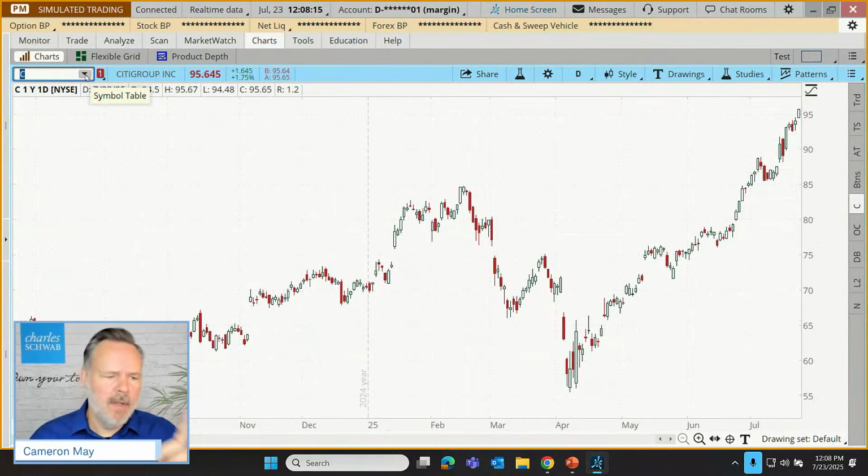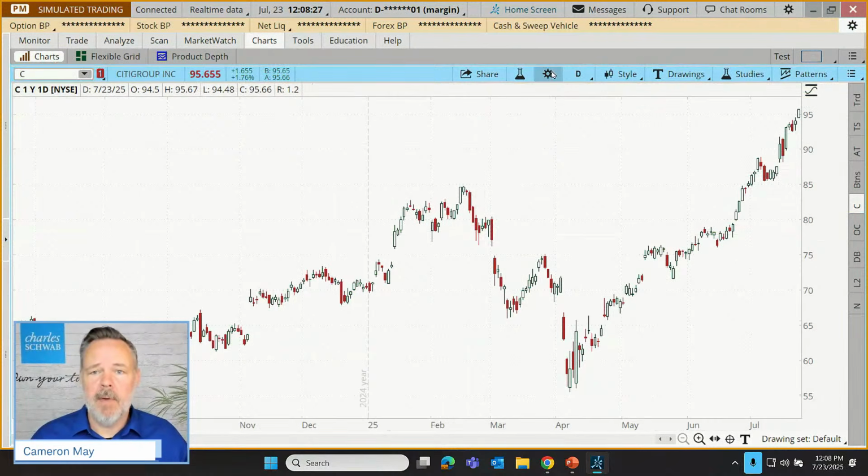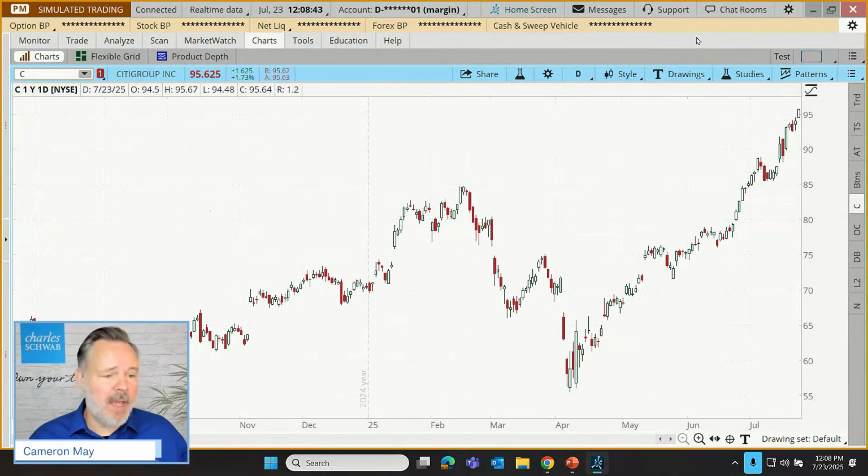Now, another thing that we can do, Sid, we don't see this on our paper money, but there is a chart setting where we can just say, just show the position on a chart all the time. So that would be right up here. I don't mind a little bit of a sidebar because it's on track with what we want to cover today. But in our general chart settings, we can show orders on paper money. But in our real accounts, we can also show existing positions. Just have that pop in by default. So that, does that do one better? It's a 0-click function once it's set up.